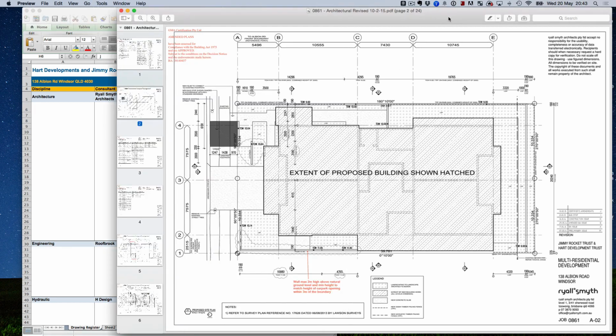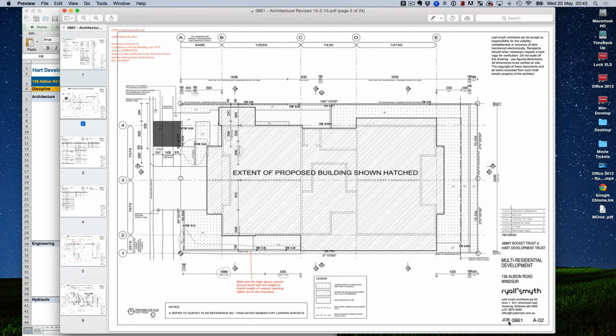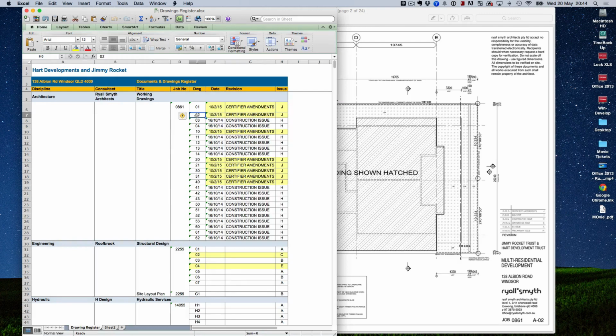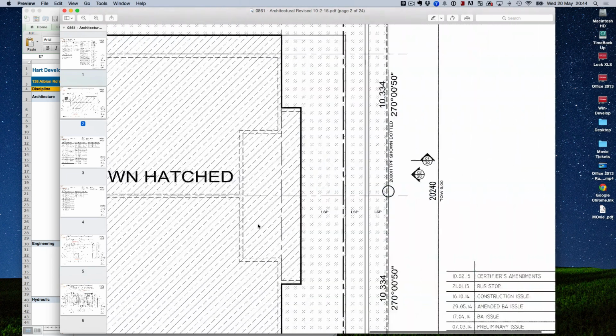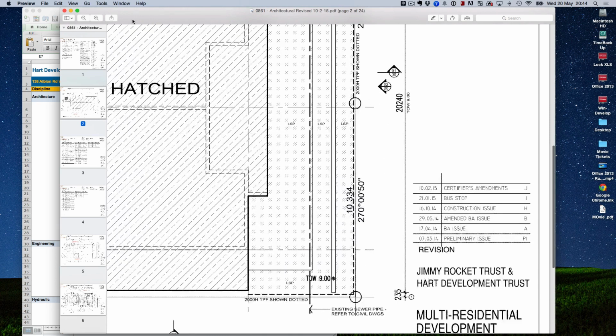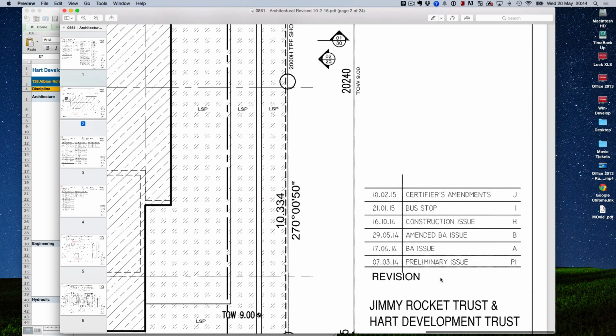And the way you look at them is this. For example, this is job 0861A02, so I know it's 0861A02. And if you look here, that's the revisions, and it gives you the number of revisions that have already occurred. So every time the architect does something, say for example the first time when we went into planning permit, that's when those details were